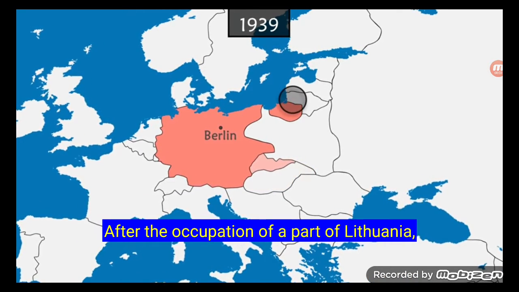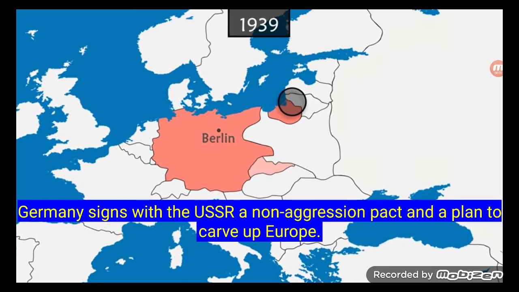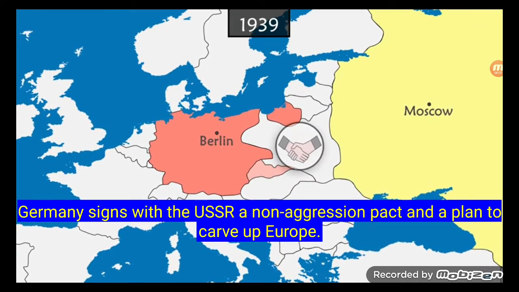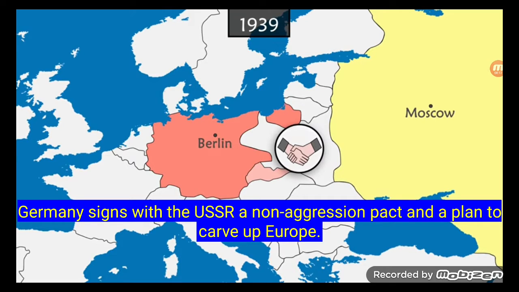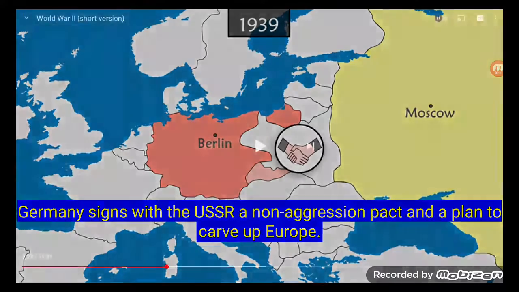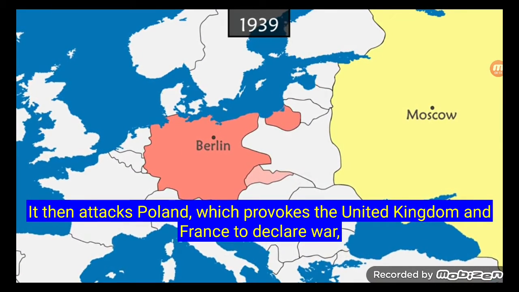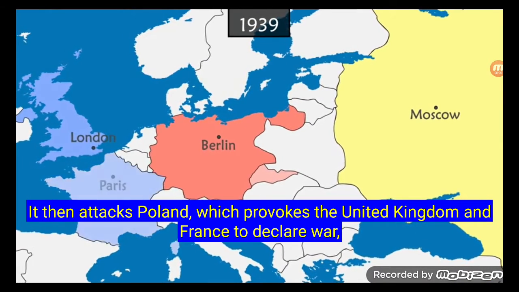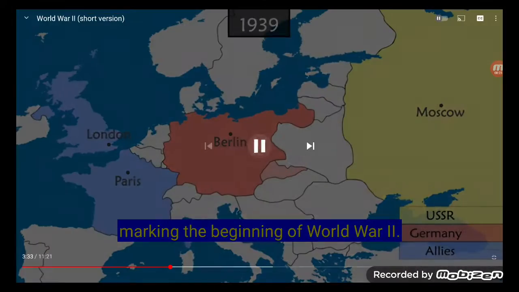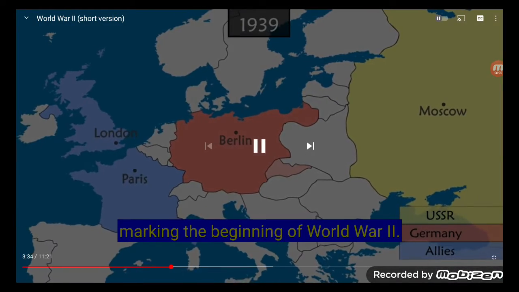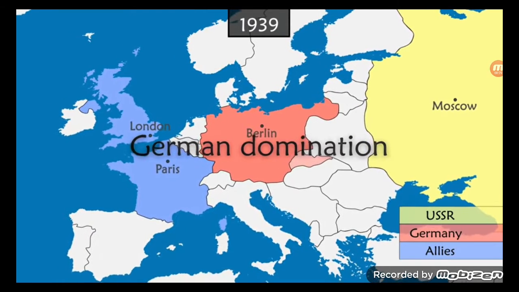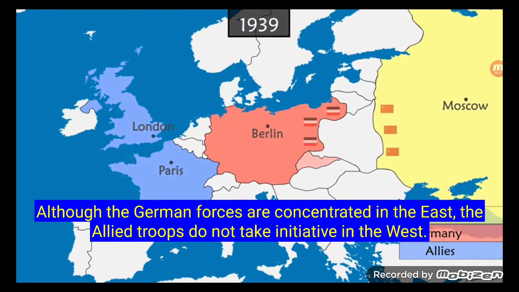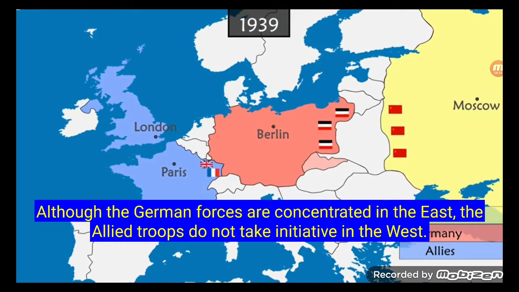After the occupation of a part of Lithuania, Germany signs with the USSR a non-aggression pact and a plan to carve up Europe. Wait, what? The Soviet Union and Germany decide that they should invade Poland? No! It then attacks Poland, which provokes the United Kingdom and France to declare war, marking the beginning of World War II. Here's the beginning. Although the German forces are concentrated in the east, the Allied troops do not take initiative